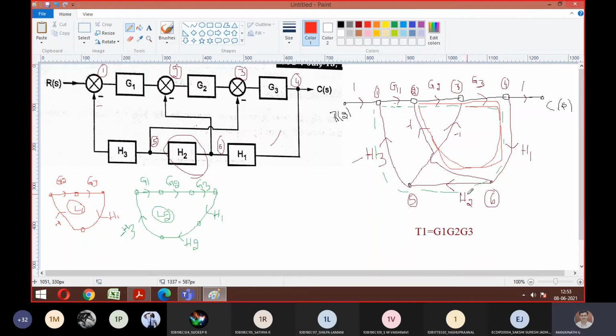Is it so? Or this path? If you go in this way, it is tracing once more. So repeat G3, H1. You told something, right? G3, H1, then H2. Okay, -1 loop. This one ending back. Correct? So let me trace that right here. So G3 is here, H1 is here, H2 is here, then -1. It is coming back to this.